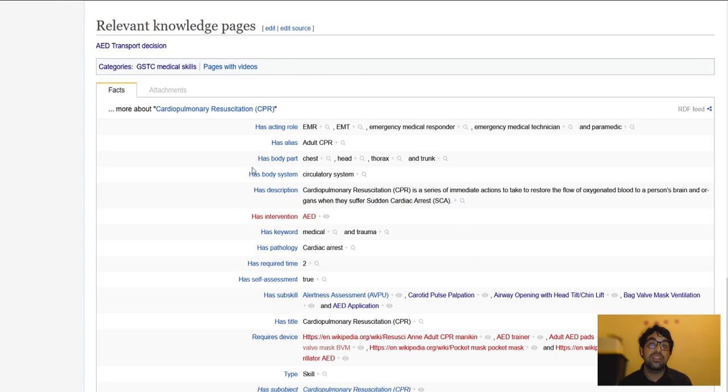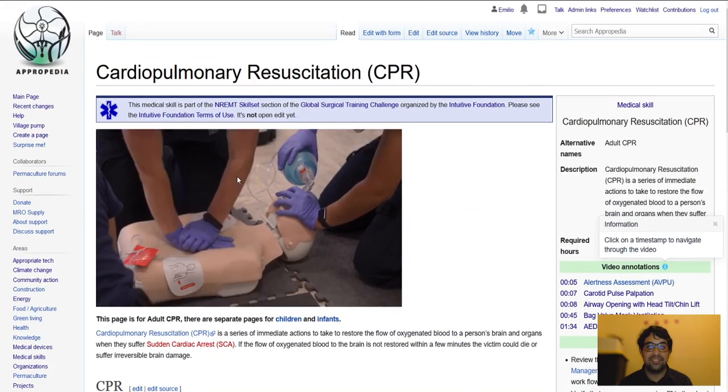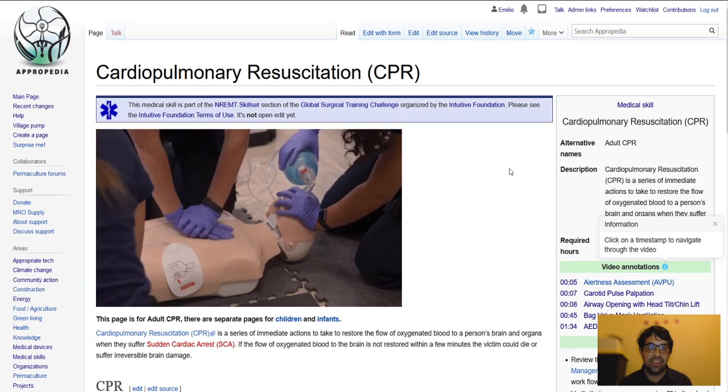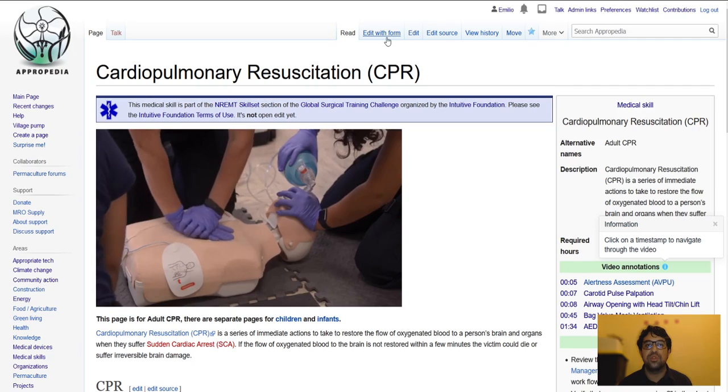where you can see, for example, acting roles, an alias, which is the alternative name, the body part, body system, a description, type of intervention, keywords that will make all of this content available and searchable in the future. A pathology that this skill addresses, the time required, if this skill contains a self-assessment box, the sub-skills, and other things. In order to edit the skill page, you simply need to go to the Edit with Form